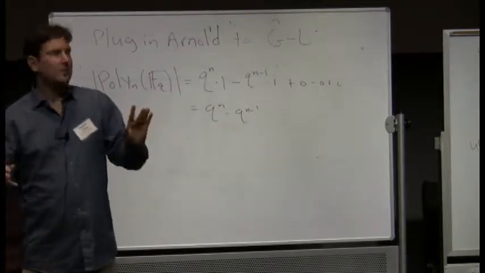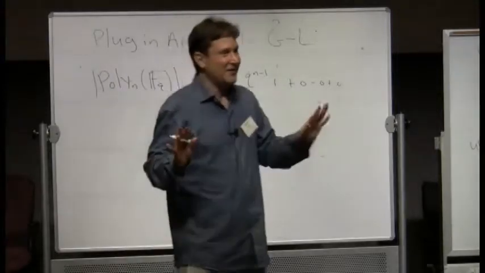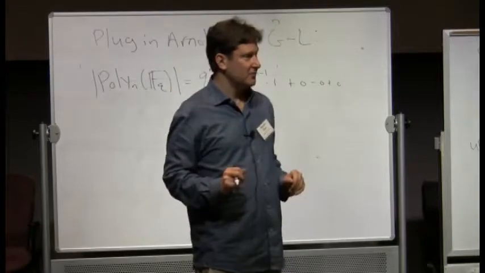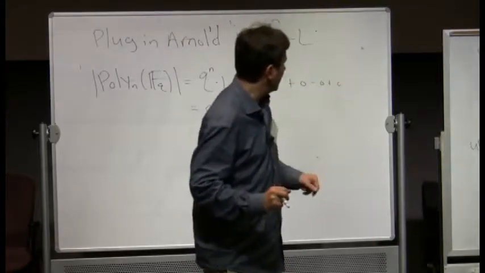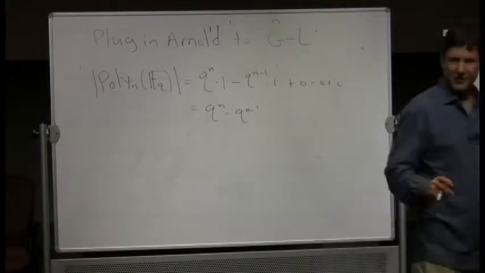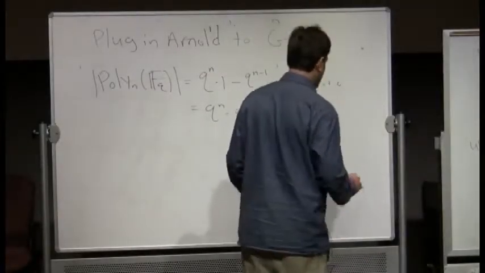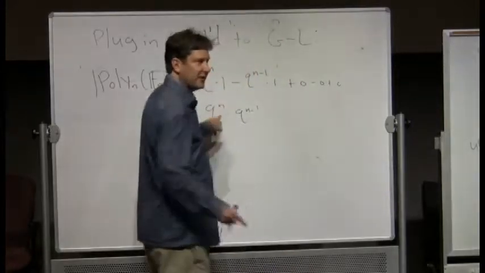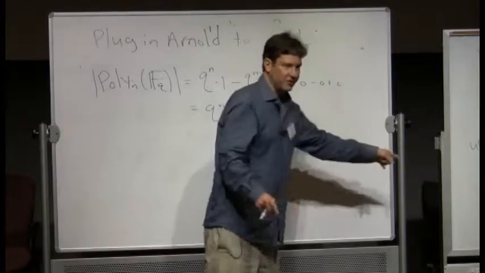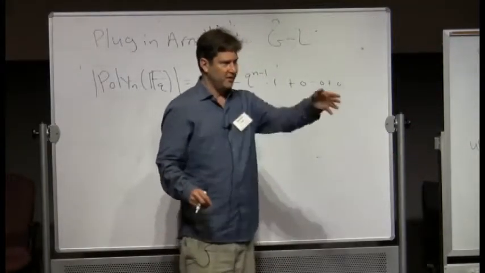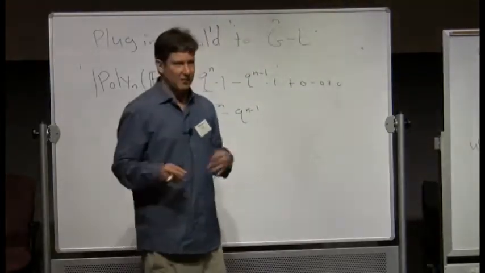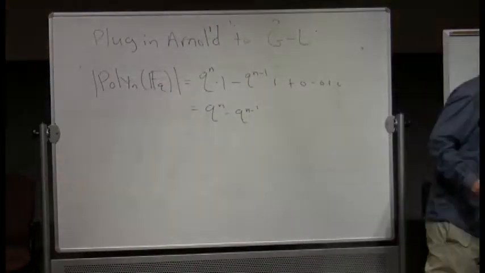Conversely, it's a little harder. In general, it's much harder than what I'm saying. But if I asked Yoav, tell me the number of, compute the left side for me, he could surely do it. And he would say it's q to the n minus q to the n minus 1. And I would say, oh, you know what I see here? I see H^0. I could get Arnold's theorem from that. I literally could prove Arnold's theorem from that calculation, quoting this étale cohomology stuff. And I think in modern number theory, it's much more common to use the left side to compute the right.